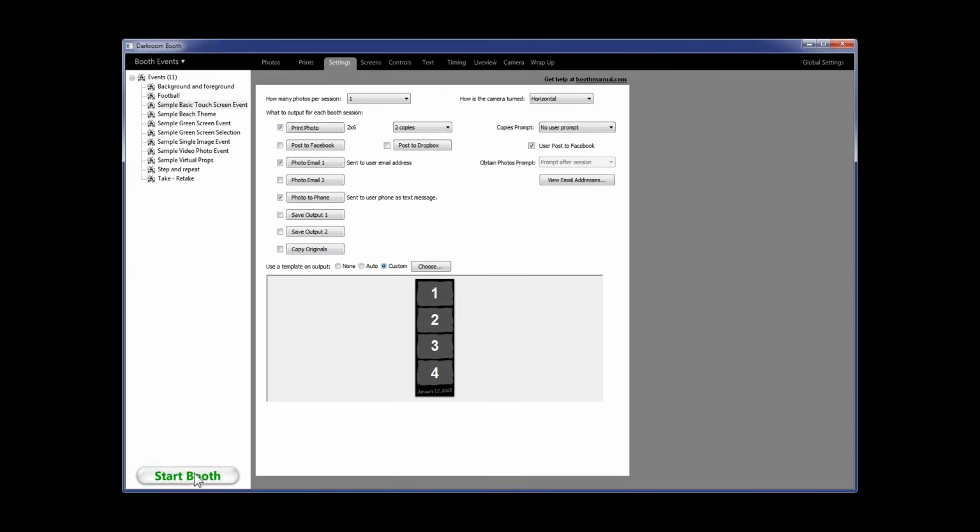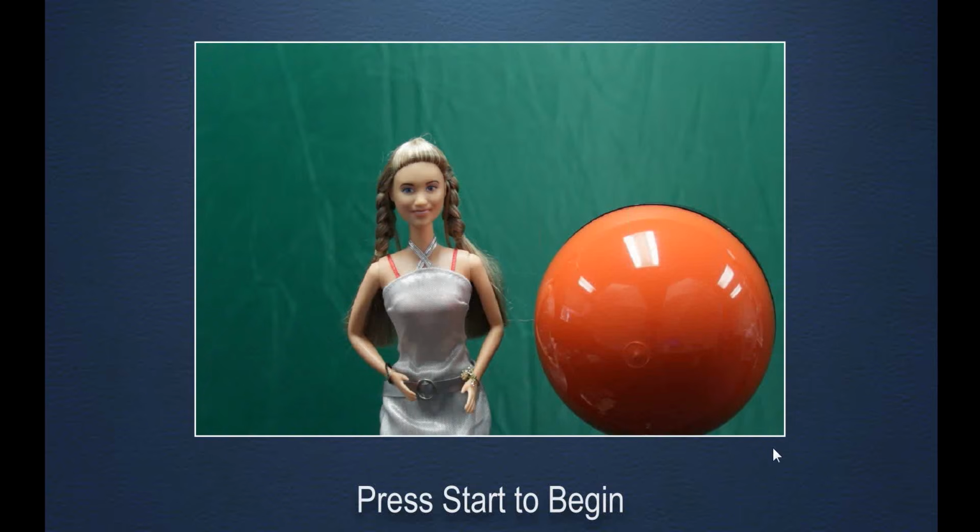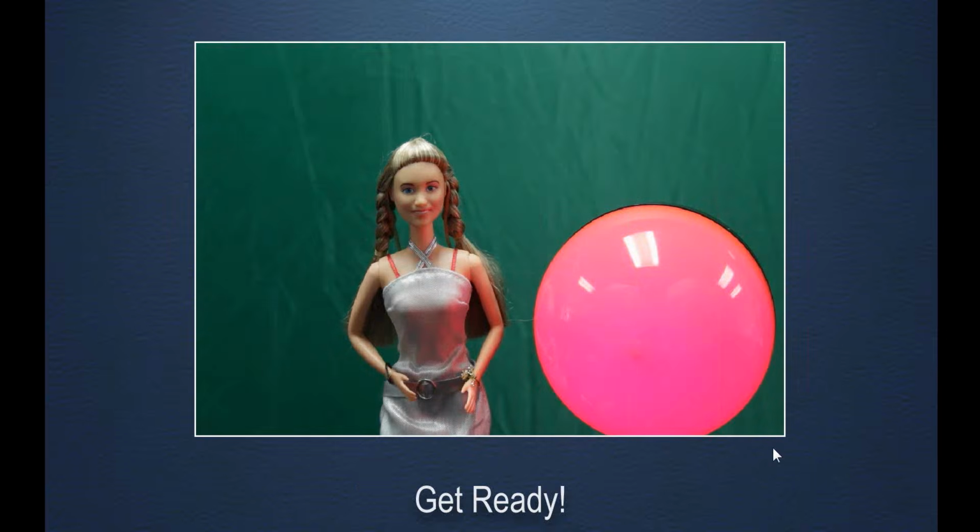I'm going to back out of this just for a minute and go back and run a booth session so you can see. Now, here's my model again. On the right-hand side, you'll see I've got that big red light there, not on right now. Now, when I press the start button, you see the light comes on. It goes through the session,